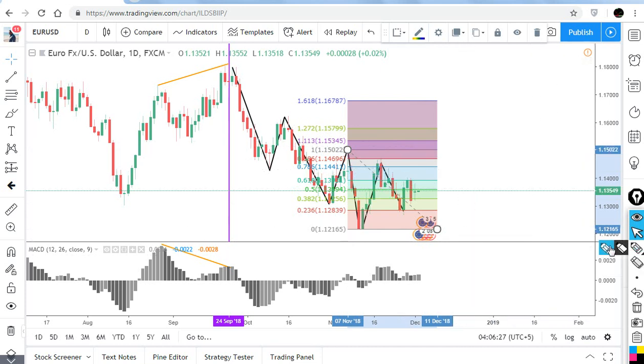Now you see that I tell you the correction phase must be at least 38.2, but it's for impulsive, right? It's for impulsive, but there is a rule: when you come into A, B and C, the Fibonacci retracement numbers must be changed. They change to at least 0.618